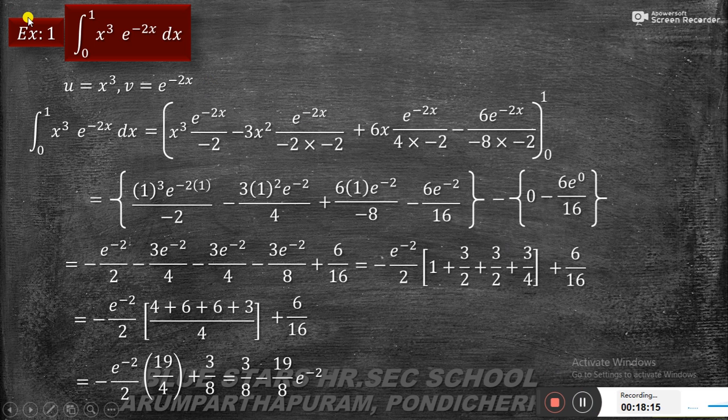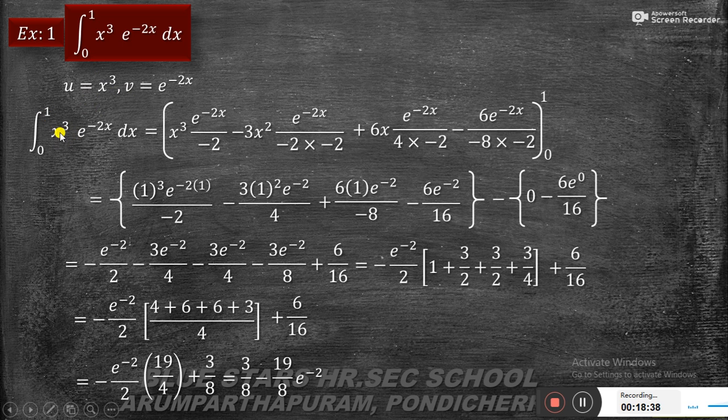So you see now we discuss about the exercise 9.4, first problem, integral 0 to 1 x cube e power minus 2x dx. Here you see the two functions, one is x cube, another one is e power minus 2x. So x cube term you take u equal to x cube, v equal to e power minus 2x. Now I apply the Bernoulli. So the Bernoulli formula is,